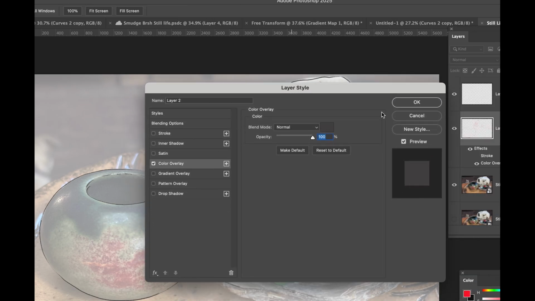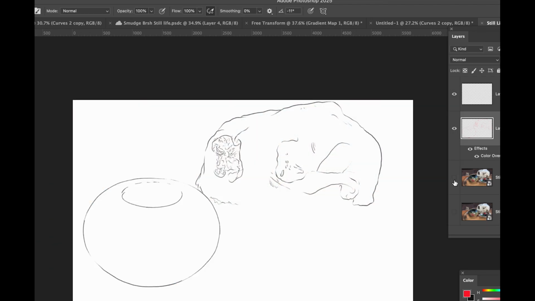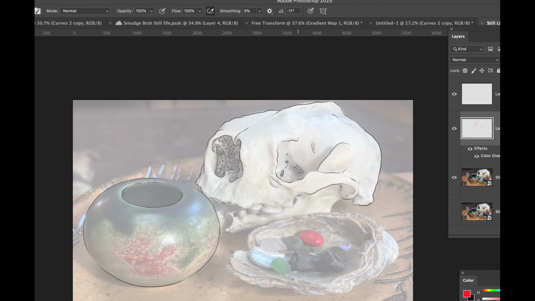And then press OK. And you see here's the detail. So I clicked on the word color overlay. The blend mode is set to normal. And I adjusted the color right here. I'm going to press OK. And now when I turn off the image, I have a nice pencil type drawing, right? All right,